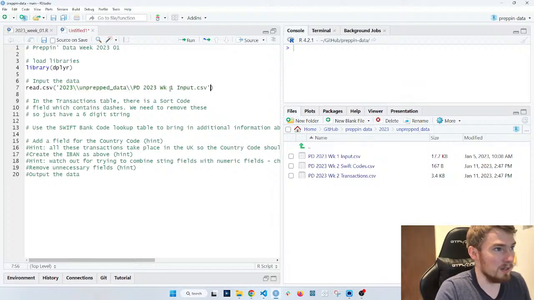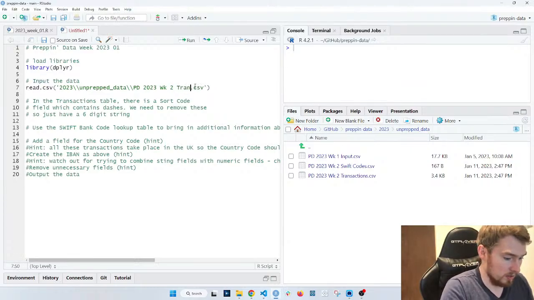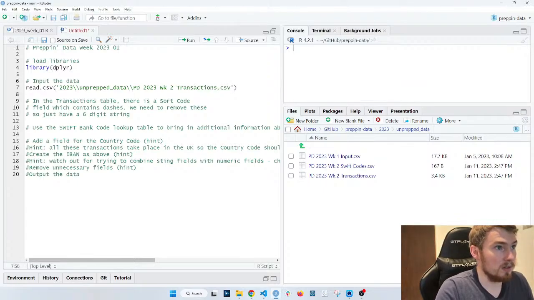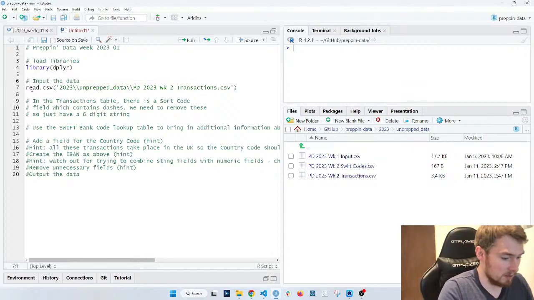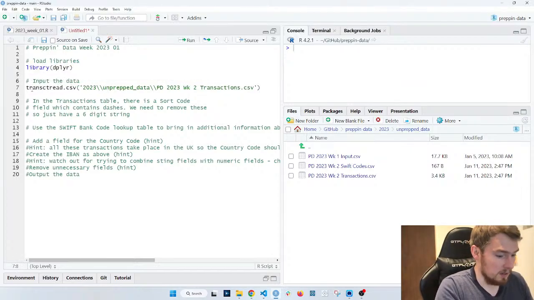Read from CSV, Preppin Data, week 2, transactions.csv. We need to assign this to a data frame. As before, I'm going to call it transact df and assign that.